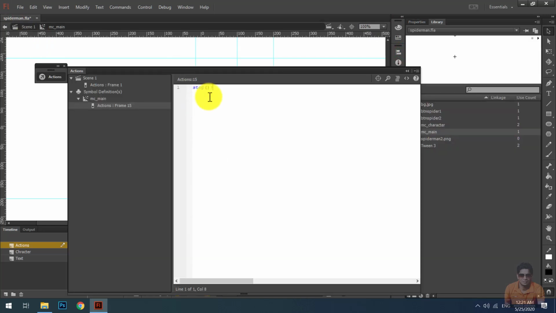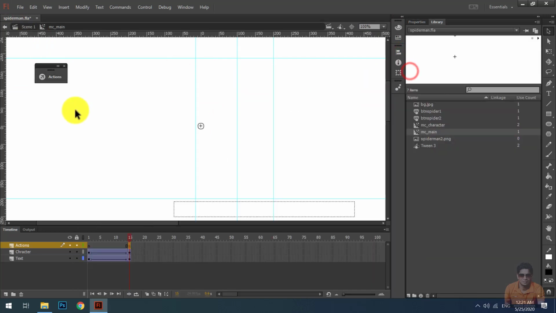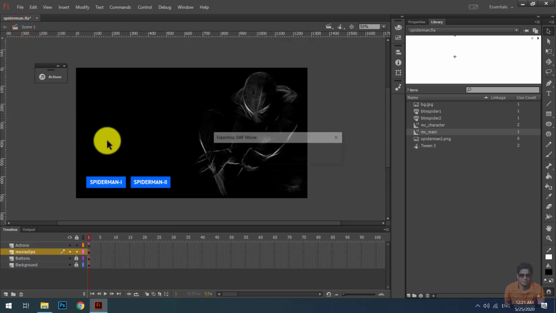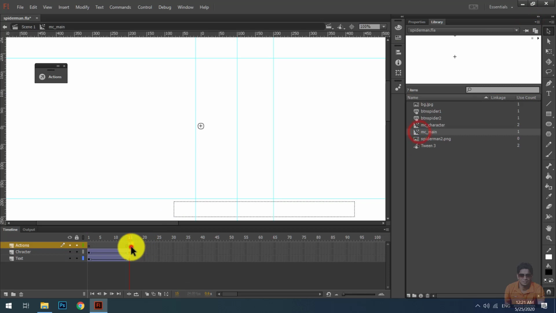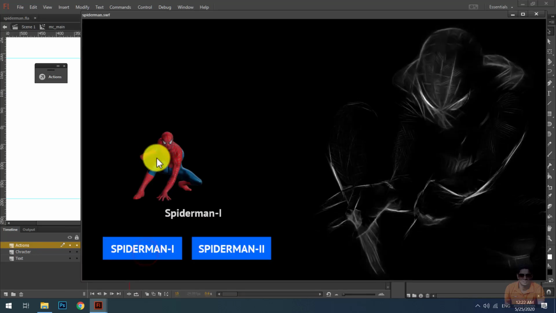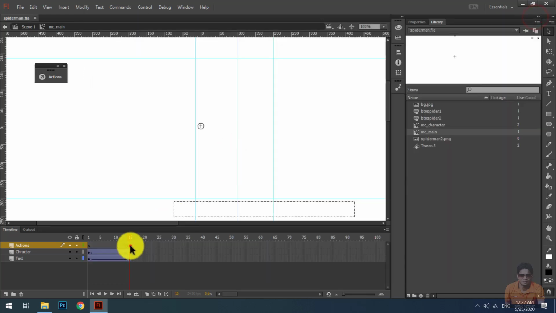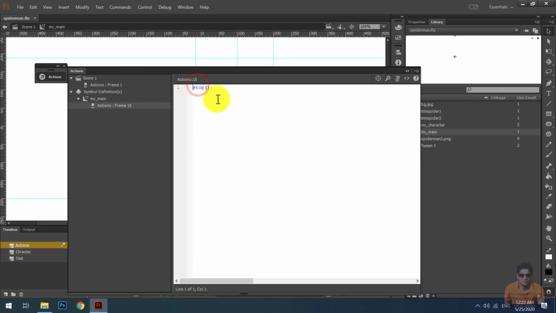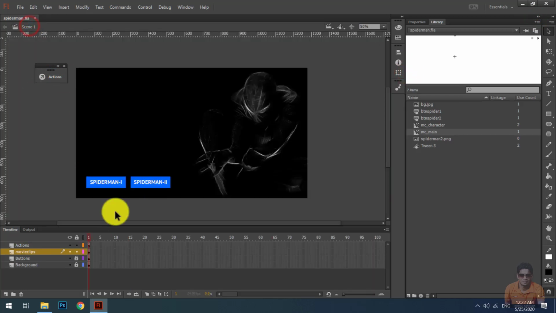Now you can see after the debug of this action script, when I click on the Spiderman 1 button, there is no change, but if I comment this stop action, now you can see our animation is working here, but I'm going to uncomment it because I need this stop animation inside of this